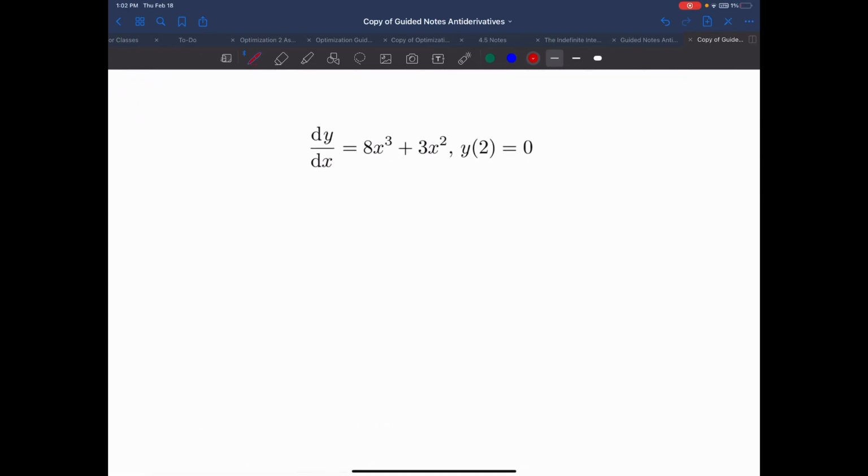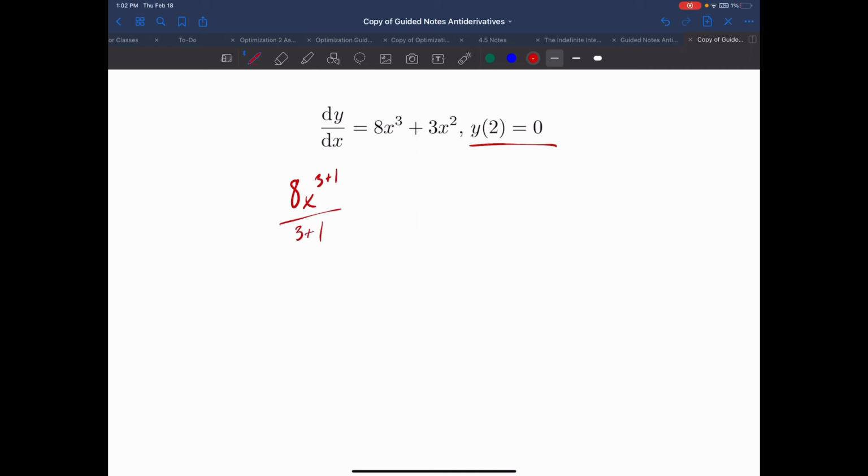So it gives you dy/dx is 8x cubed plus 3x squared, and then y of 2 is 0. That part is the initial condition right here. So let's find the antiderivative of dy/dx. The antiderivative of 8x cubed is 8x to the 3 plus 1 divided by 3 plus 1, plus 3 times x to the 2 plus 1 divided by 2 plus 1. And so if we simplify that,